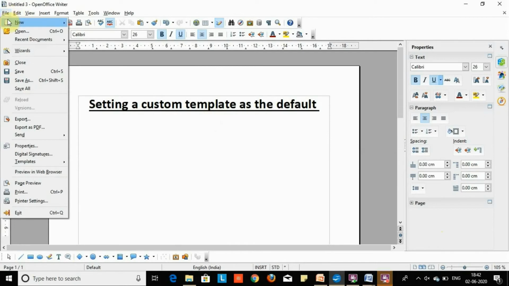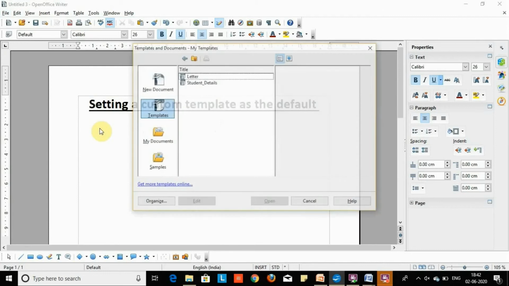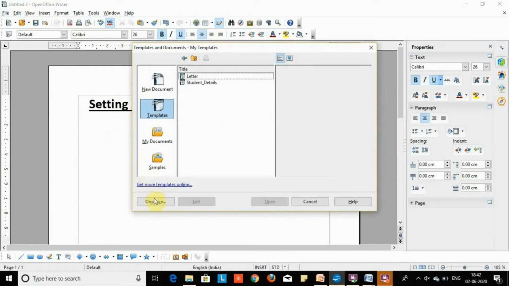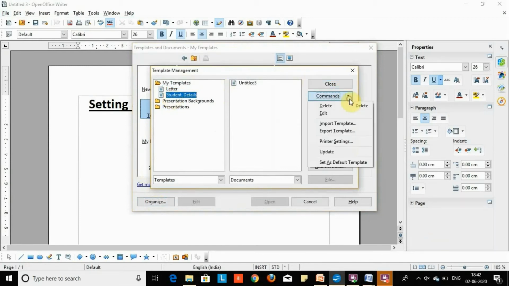Firstly, click the File menu, then New, and then Template and Document, and then click the Organize button, and then select a category, and then select the template that you want to set as default, then click Commands, and then click Set as Default Template, and your template is set as the default.